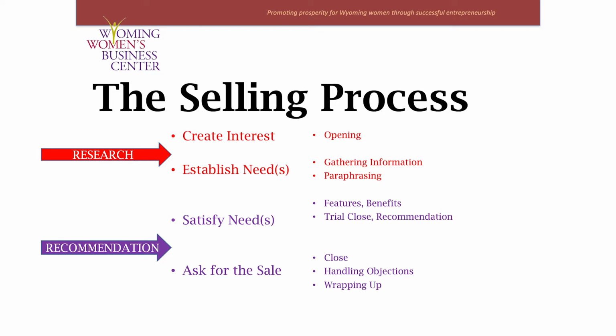Now, last week we finished our research call, and the research call contains the initial 3 steps of the selling process: opening, gathering information, and paraphrasing. So often in a complex consultative sale, which is what this training is for, this is really the stopping point where you have an opportunity to regroup and develop your pitch. Sometimes you might call it your proposal or your estimate, your quote, your presentation, whatever you choose to call it in your business. This is the time when you go back and do that, and then you return to the